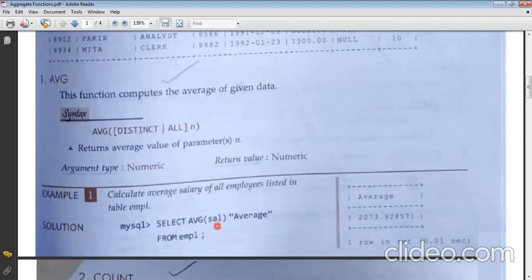will be taken up. So whatever integer values salary has, all of them will be taken up. All the rows will be considered together and we will find out the average of it and show you the output like this, the average, and the calculated average of this.